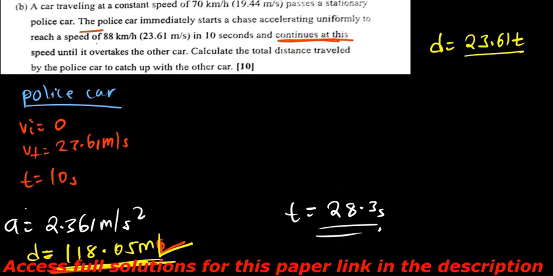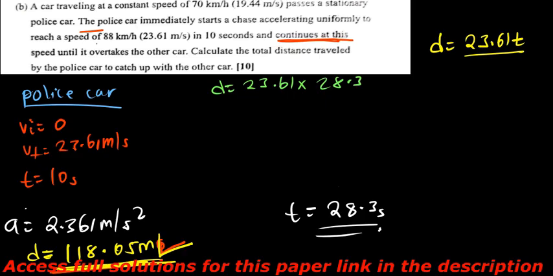So I'm going now to add it. First I need to find 23.61 times the time, which is 28.3. So 28.3 times 23.61,